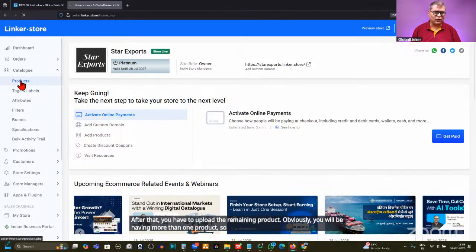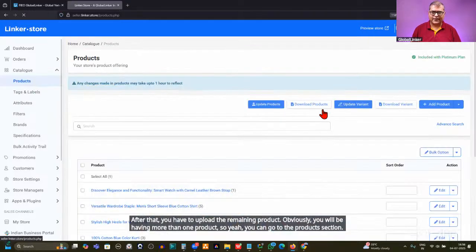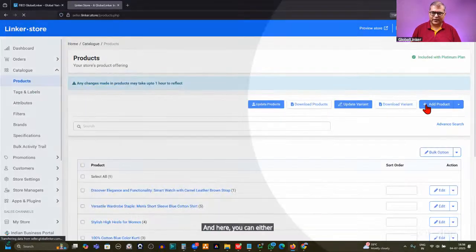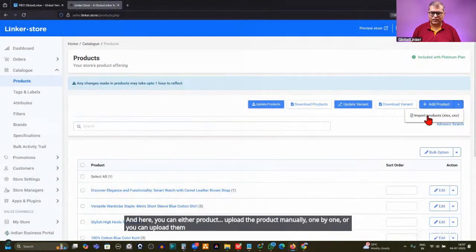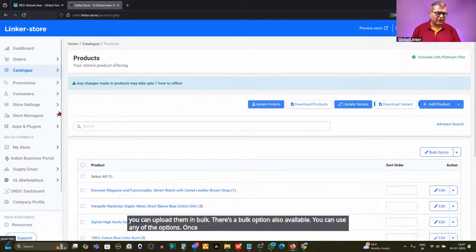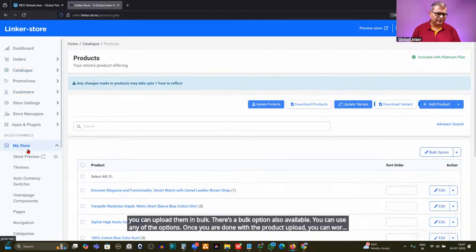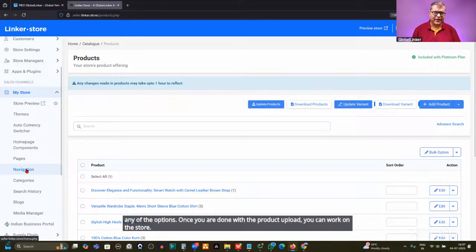So you can go to the product section and here you can either upload the product manually one by one, or you can upload them in bulk. There's a bulk option also available. You can use any of the options. Once you are done with the product upload, you can work on the store navigation setup, and you will notice,